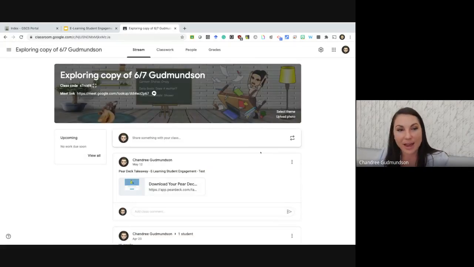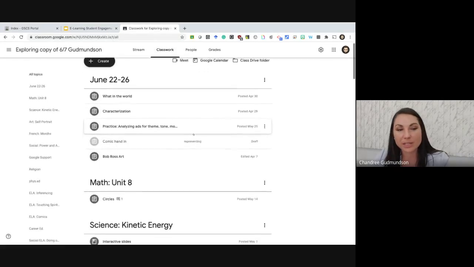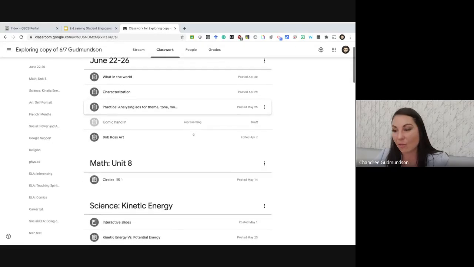Once you've done that, then what you want to do is you want to go into your classwork and you want to make sure that everything is organized